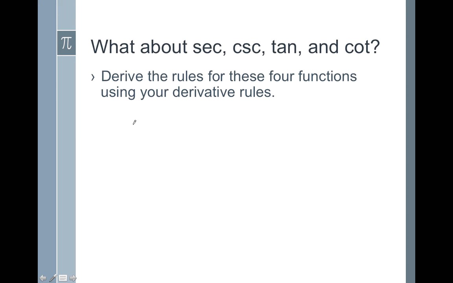Well, let's go ahead and look at tangent, the derivative of tangent of x. We don't know it, so we're going to change it to sine and cosine because I do know sine and cosine. Okay, so the derivative of the top, the derivative of sine is cosine, times the bottom is cosine, minus the derivative of the bottom, which is negative sine, times the top,